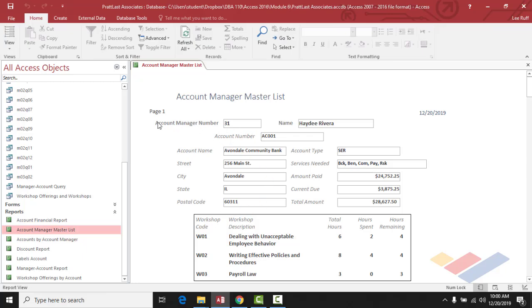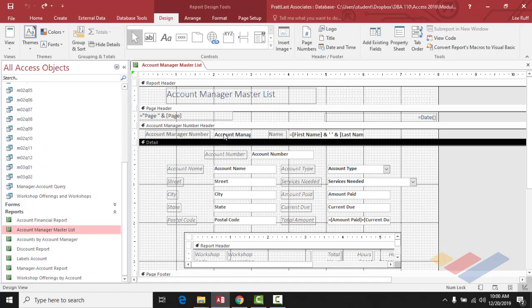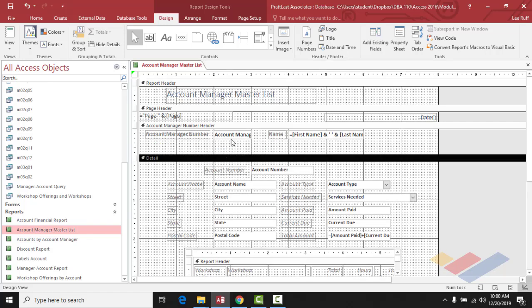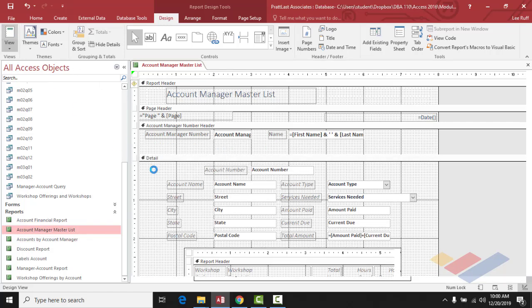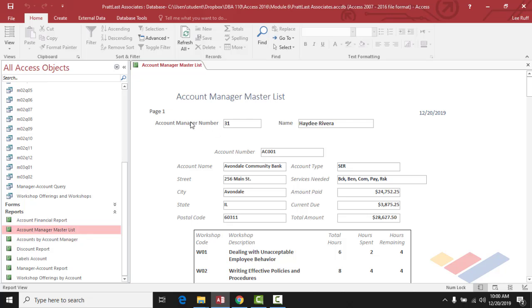All right, so we're going to make this a little bit deeper. I just want to show you what happens in the design view. So I'm going to change this to design view, and I'm going to make this section a little deeper. I'm going to drag this down a little bit and see what happens. It just puts some gap here, a space here, before you actually get to the account. I don't happen to like mine like that, and